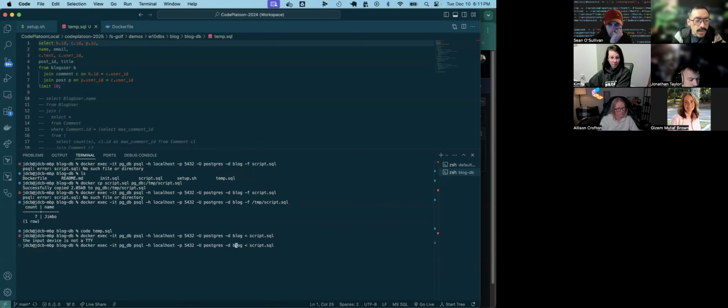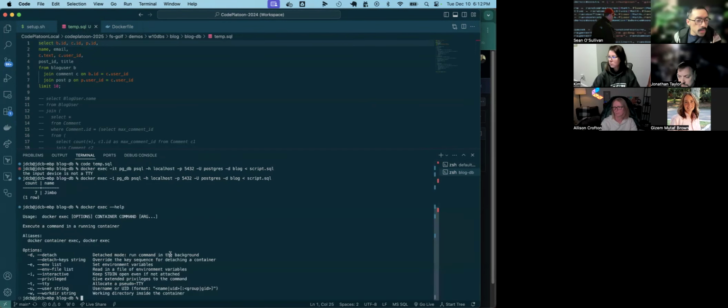ooh, the input device is not a TTY. I think I might be missing something. So PGDB. Okay, so instead of this -it, I need a -i, and I don't exactly remember interactive. So